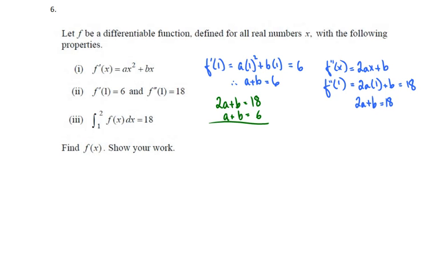So subtracting the two, we're going to get a is equal to 12. And since a plus b is 6, so 12 plus negative 6 equals 6, and b is equal to negative 6. Alright, well, if we know that b is equal to negative 6, then we know that f of x,